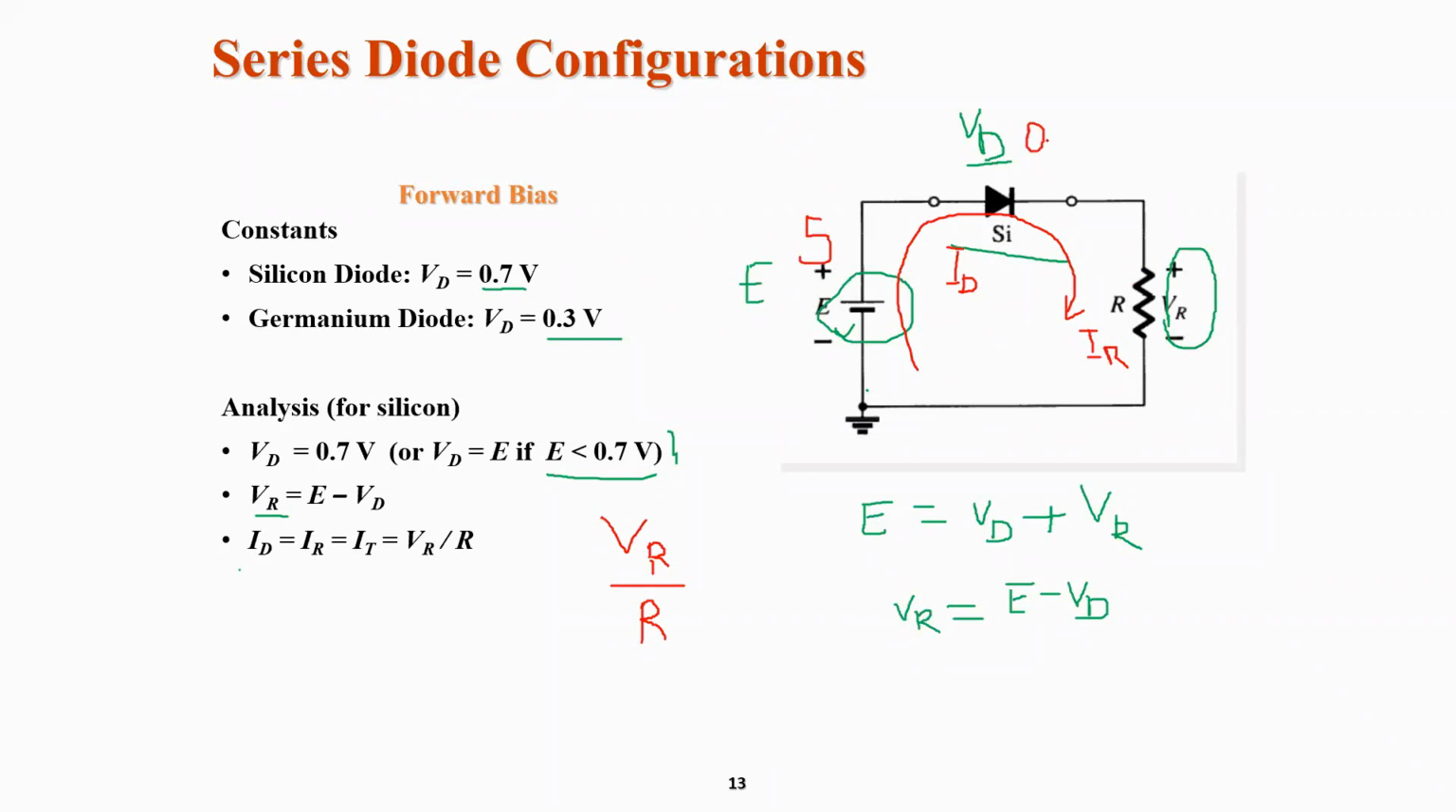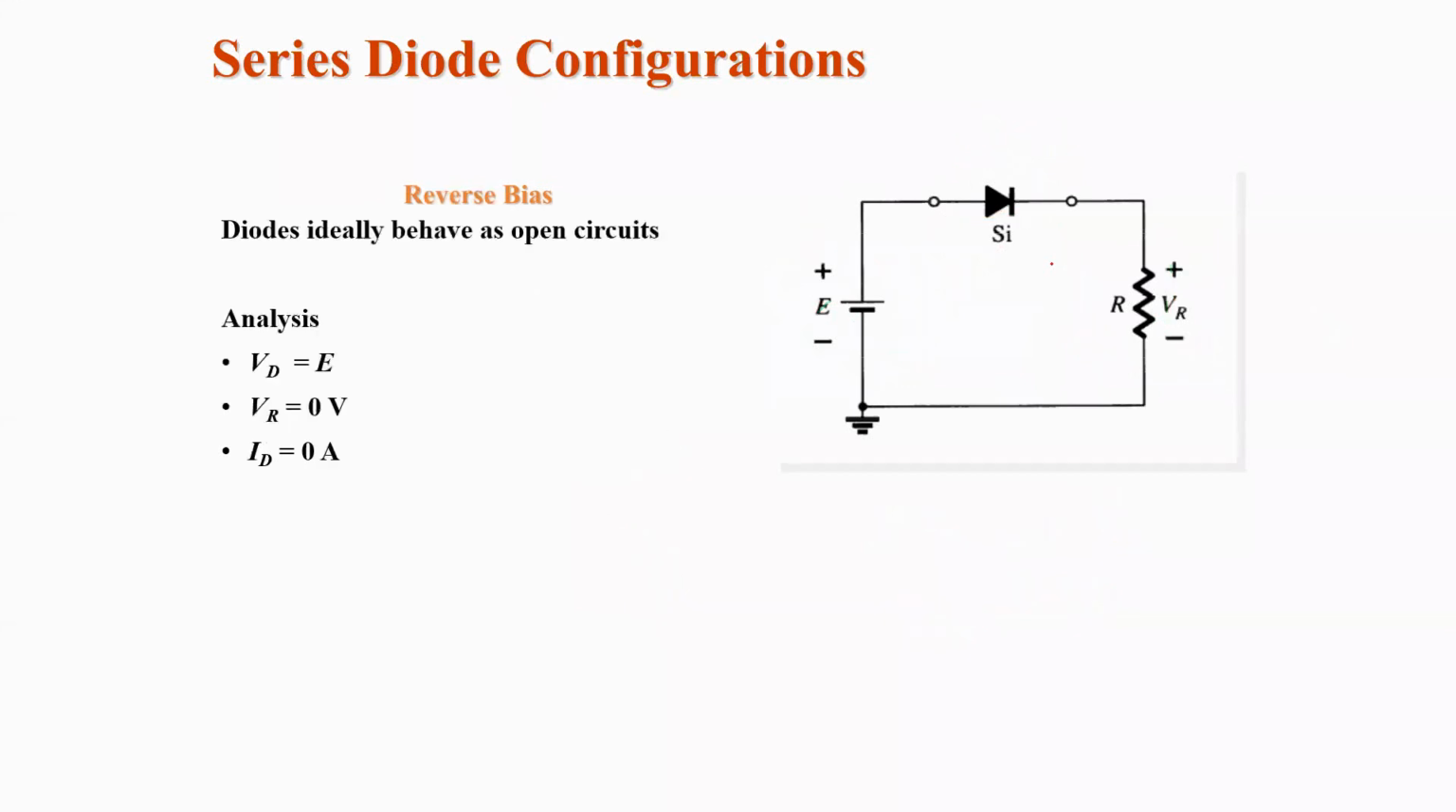0.7 volt is being dropped across this diode. So what is the voltage across the resistance? 5 minus 0.7, that is 4.3. So that is what I was telling you when we were discussing the constant voltage drop model. Okay. Now next is